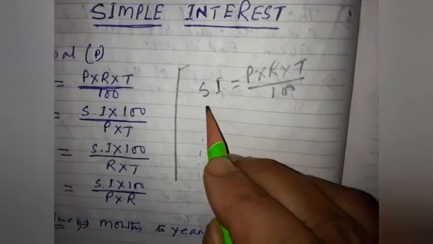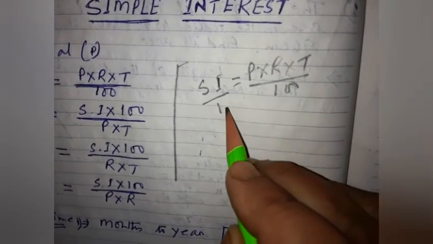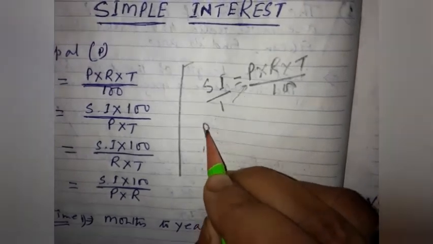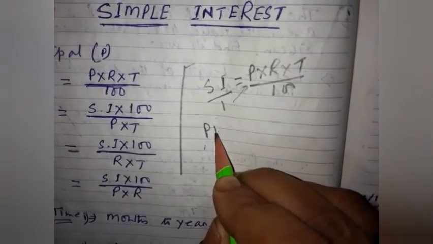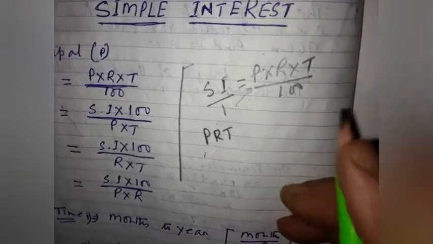Suppose now if I do the calculation, here nothing means 1. I can do it easily. First I am multiplying this with this. What is coming here? P R T. Directly I am writing it, or you can write P into R into T. All are the same. Nothing wrong in it.